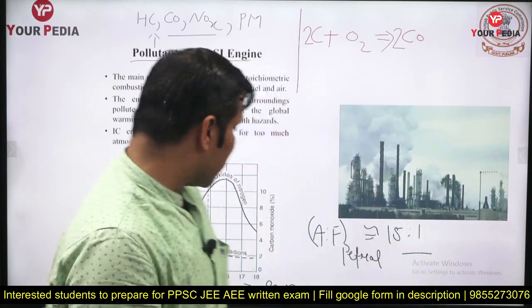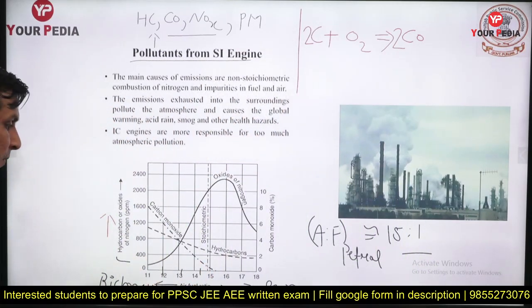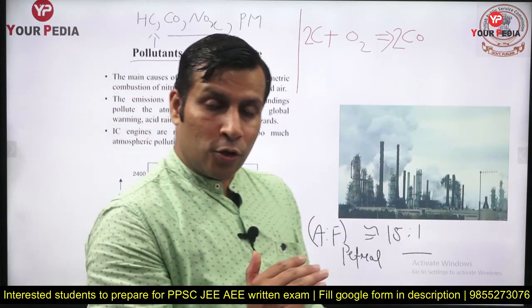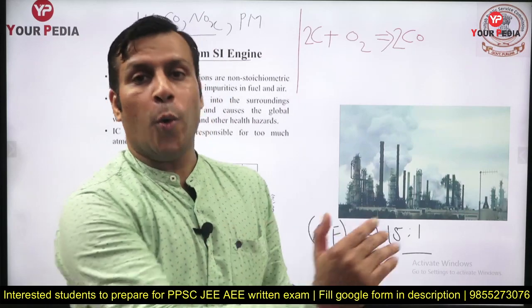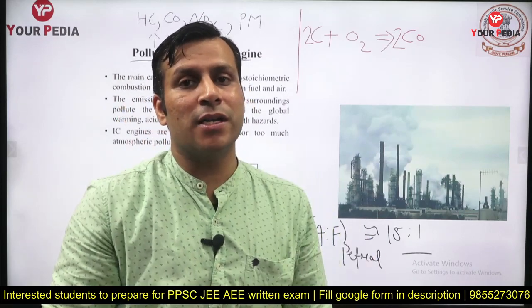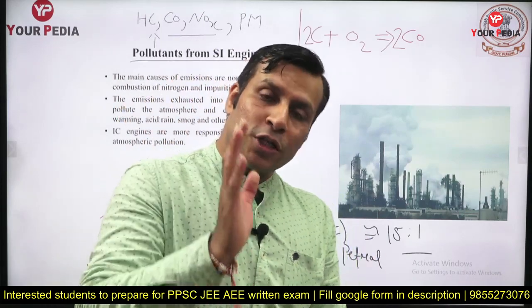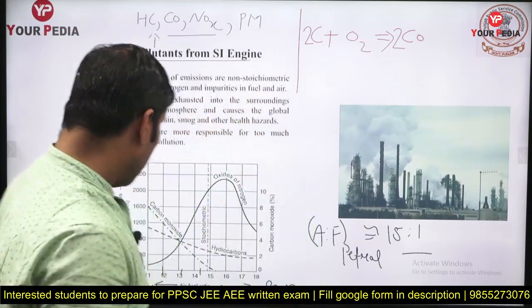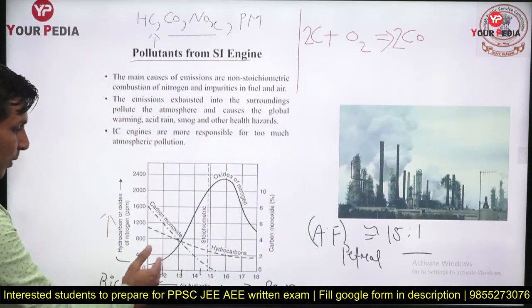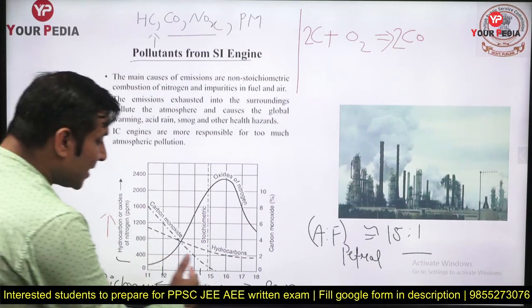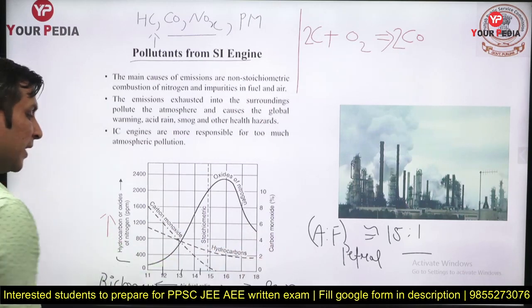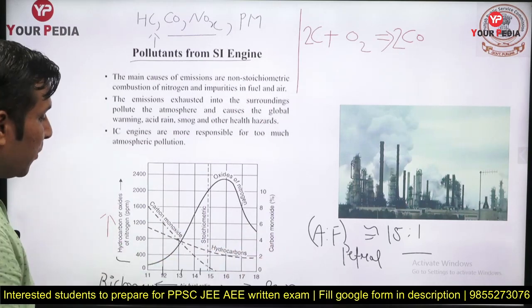So that's why under no load condition, cold starting, or when you want maximum power or acceleration, for example to overtake some vehicle, you want to supply a rich mixture. So a rich mixture is required at various conditions in the IC engine. During that, the carbon monoxide emission will be high, and as the leanness increases, the carbon monoxide emission is going to decrease. That's why we discussed that particular point.